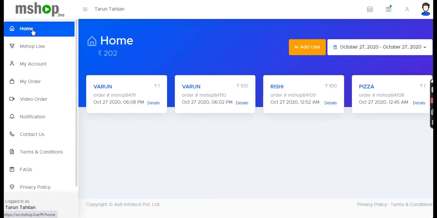So in case you have 3 agents who are logged in right now, and right now 4 customers are calling, so 3 calls can be conducted simultaneously, and only one customer will have to wait, because you have 3 agents in place. So one agent can pick one call each, and in case one call is already picked by one agent, it will show to the other agent that someone is already attending this call.